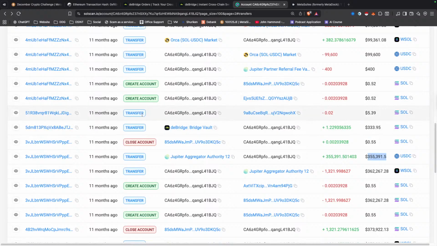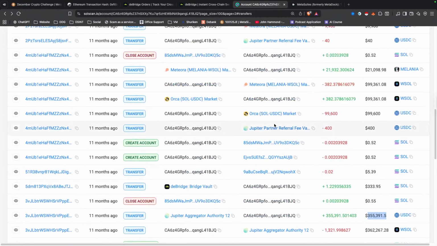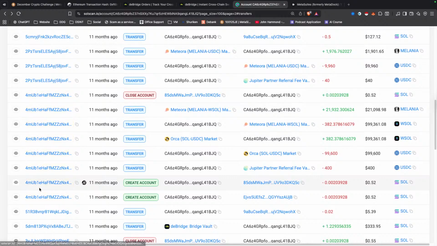So what happens next? We've got an individual transaction by itself, it's a receive, then we've got a 0.02 Solana out to 9A8. So some form of gas is being sent to this address. We don't know the context, but we could make that assumption, I think, at this point. We keep scrolling, another block.